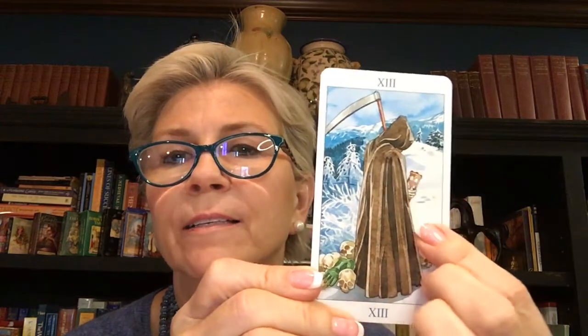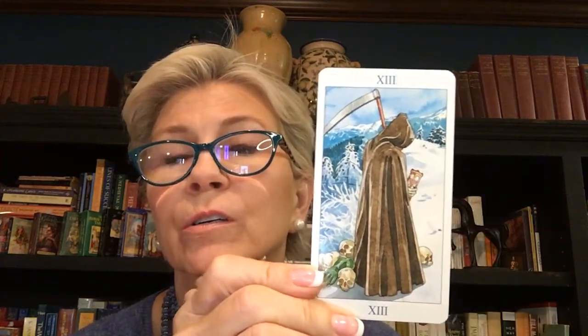Well, ooh, look at this guy's armor is down there. And what's he got in his hand? Is that some kind of a tower? It's not the scariest death card I've ever seen, but it's a good one. I like the background and I like the colors. So, okay, this is going to be probably Temperance, but you know,